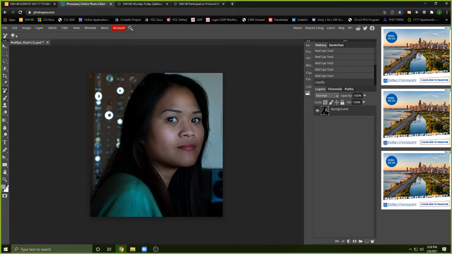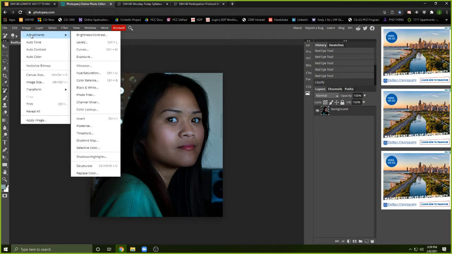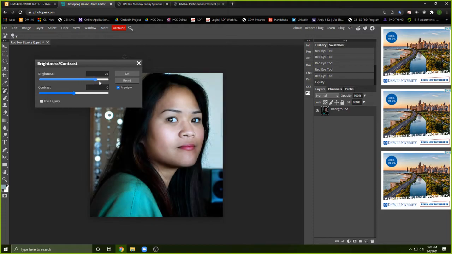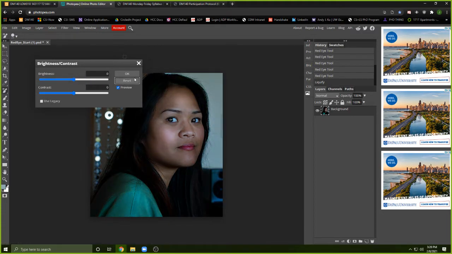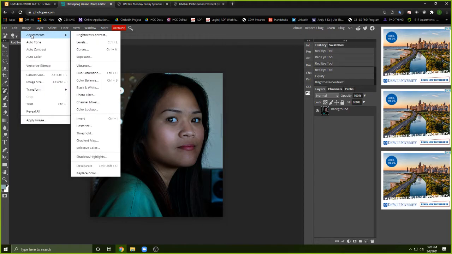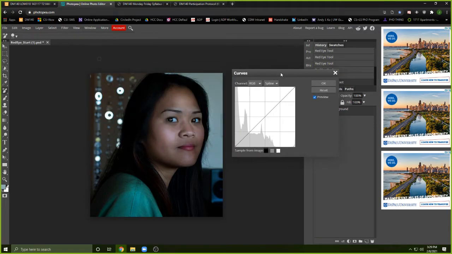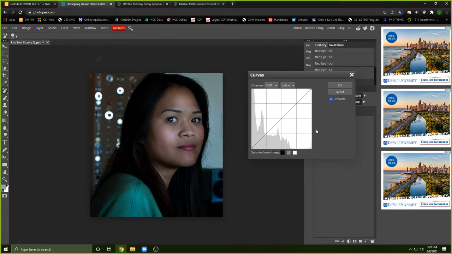So to brighten this image, I can go to image and then adjustments. And you'll notice that we have our brightness and contrast, so I can just brighten it like this, and that's fine. And this is what we've done before in previous projects as well. But there's one more option here in image adjustments. You'll notice that the third option says curves. I'm going to select curves, and this will bring up this kind of fancy histogram of what I can use